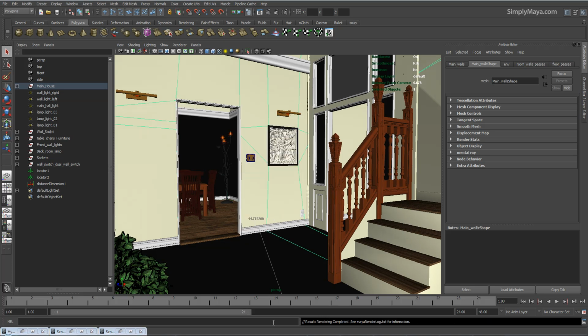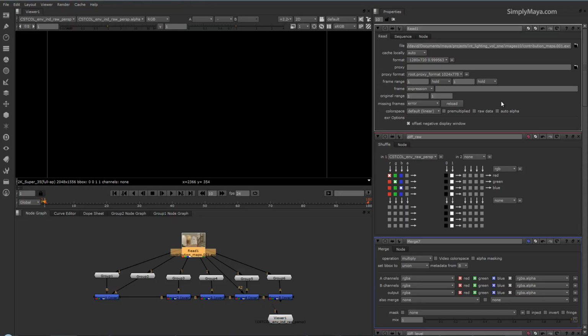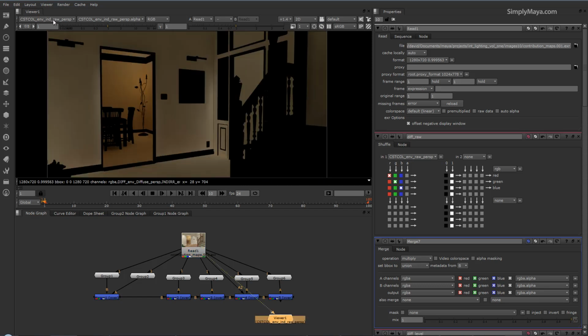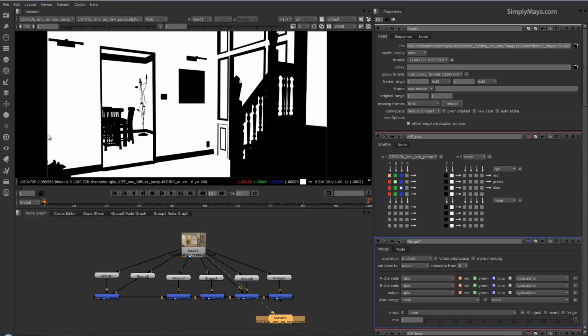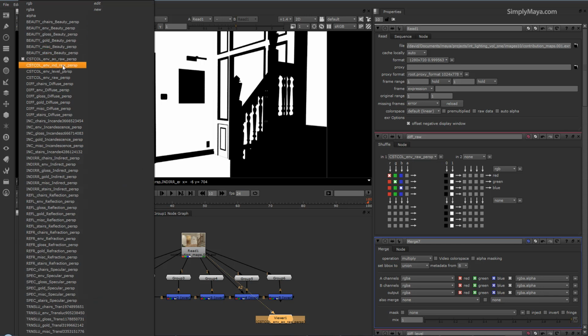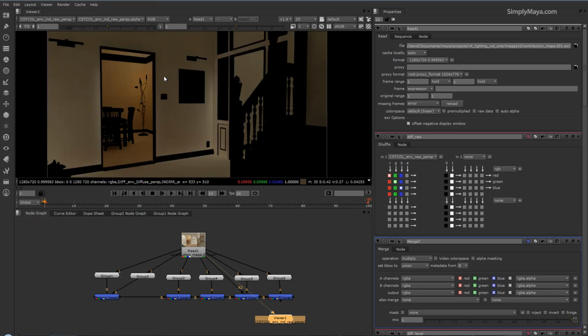Okay, our render is finished, so let's now try this once again. Pop into Nuke, reload our image, connect it up to the viewer, and here you can see we do indeed have our indirect raw and our AO raw. And you can see that the AO from these materials hasn't really done a lot for us, and I didn't think it would. The built-in architectural material ambient occlusion has always been a little hit or miss for me, so I like to do a separate AO pass,